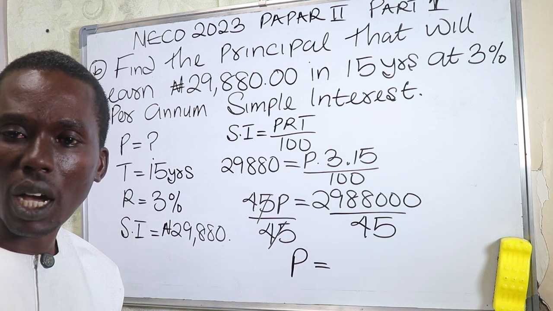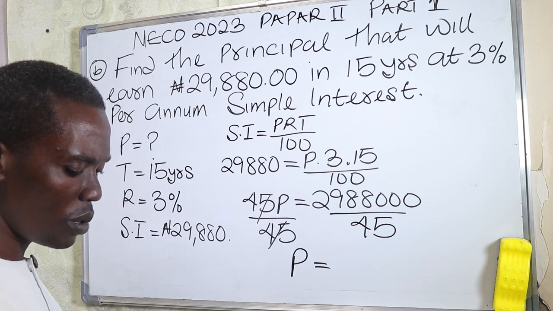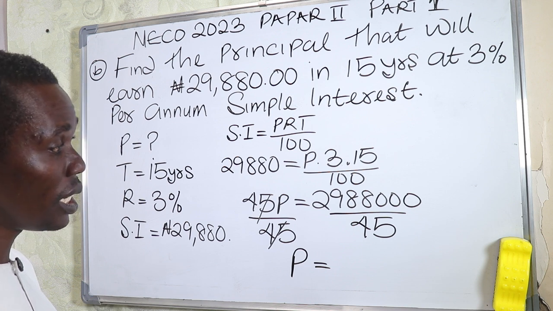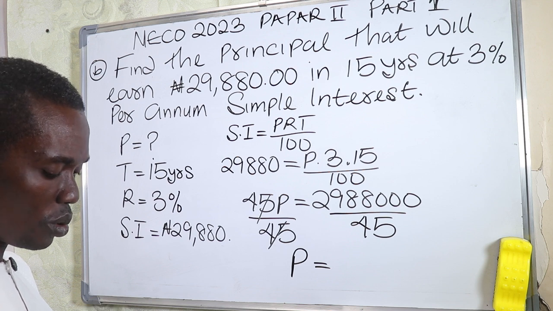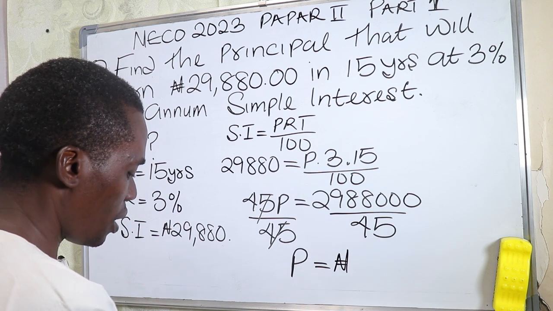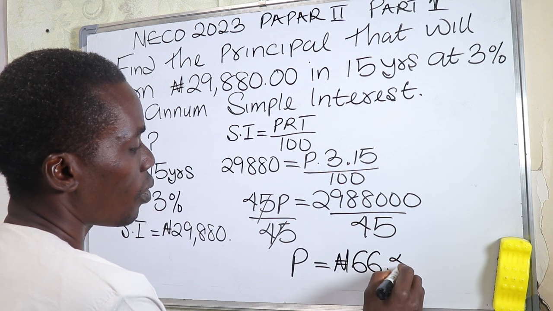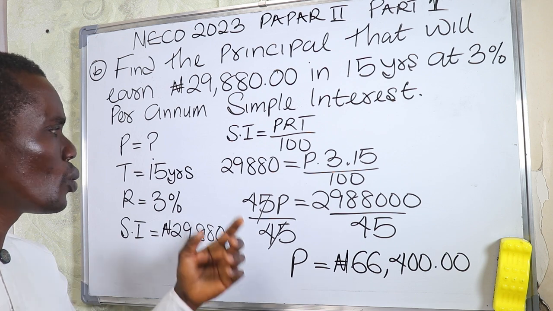Now we can point our calculator. That will give us 2,988,000 divided by 45. That is going to give us the principal in naira, that is 66,400 naira. So this is the solution to question number 2